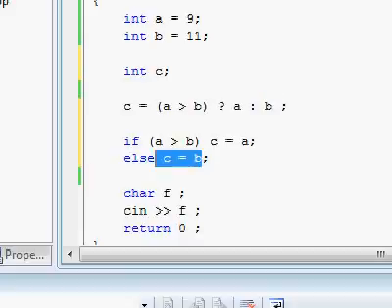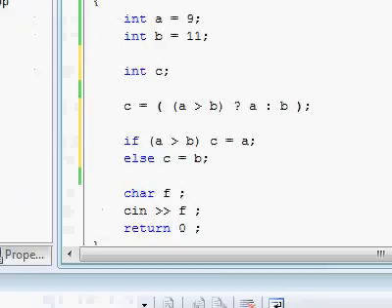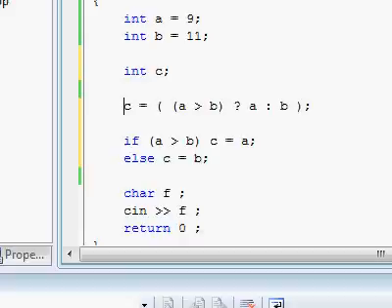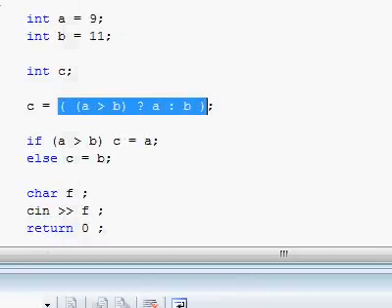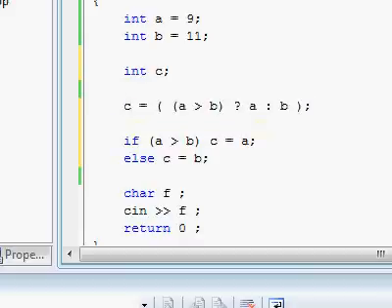As a matter of fact, if you want to make it even a little bit clearer, you can add one big parentheses which wraps up the whole operation, so that now it looks a little bit clearer, because we know that the assignment operator has to take something from the right side and put it to the left. So now that we wrap this whole operation inside of parentheses, we know that at the end of the day this whole operation over here will express one single expression, which is going to be given to c. Then when you look inside of the details, you understand what's going on. If a is more than b, then this is going to be the major expression. If a is not more than b, then b is going to be the expression, and that's a little bit more clear.